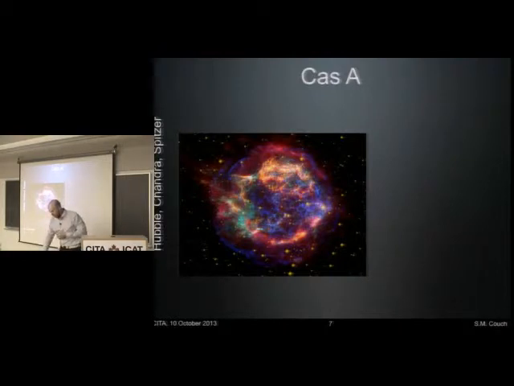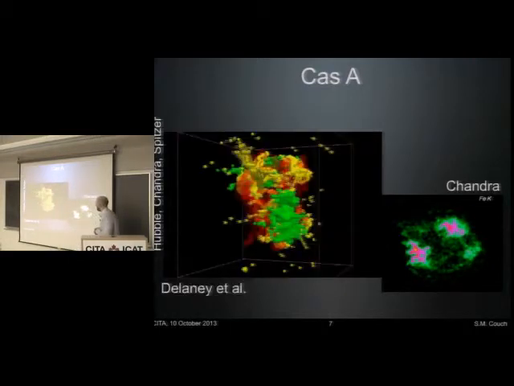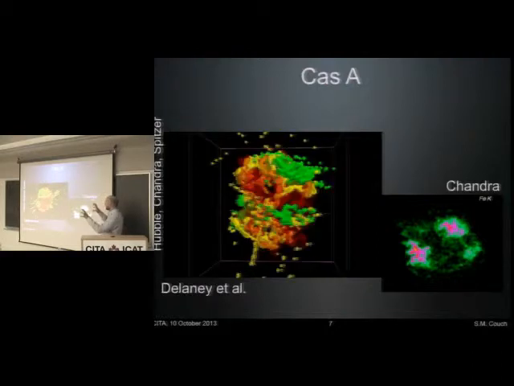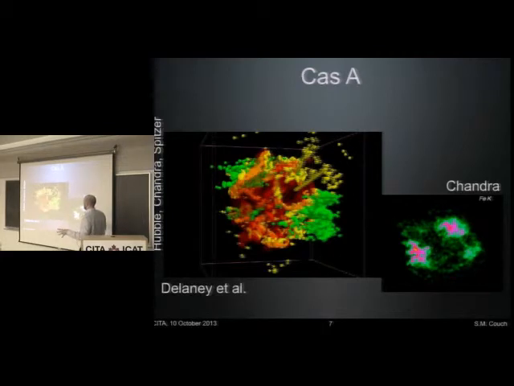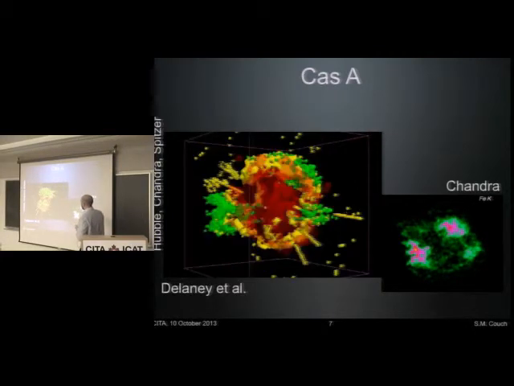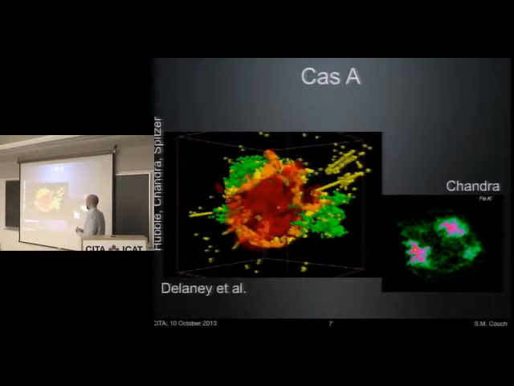But if you dig into this and you look specifically at iron K lines from Chandra, you see that there's definitely some asymmetric behavior going on here. There's these sort of clumps of iron, which are apparently diametrically opposed in the remnant. And here you can see them sort of in the cyan kind of greenish color. Tracy Delaney did this amazing rendering based on radial velocity measurements of several elemental clumps throughout Cassiopeia A, and made a three-dimensional map where here green is iron and the yellow is silicon, and then the red is just sort of the warm dust that's the rest of the remnant.